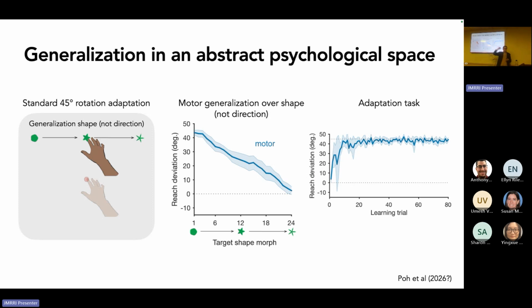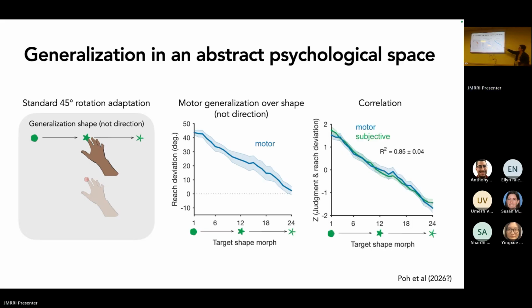And now you're getting a generalization function. Now people who trained on the pentagram and you change it to a star will reduce their 45-degree angle now down to 4 degrees, 5 degrees, right? If it's a little bit closer, like a fatter star, right? Now they're generalizing 30 degrees of their 45-degree learning. They weren't told anything about this, right? They just chose to change the way that they generalized. And if you take their ratings and match it with their generalization function, you get a correlation, R squared 0.85, right? So they're changing that representation, not just based on this abstract feature.